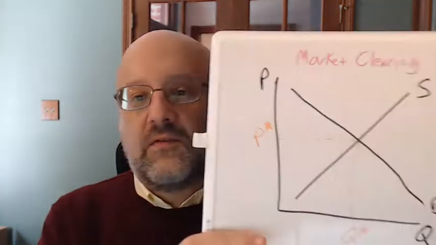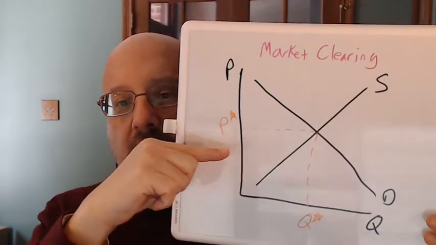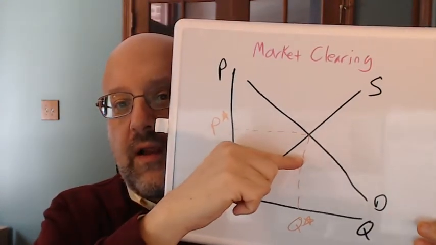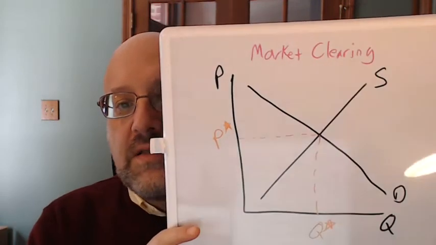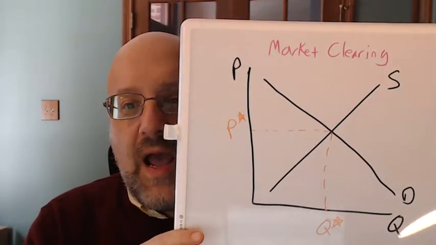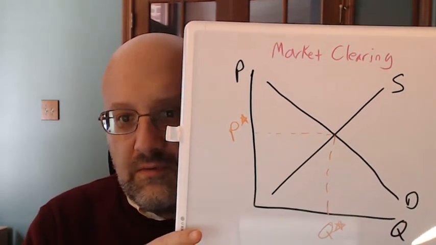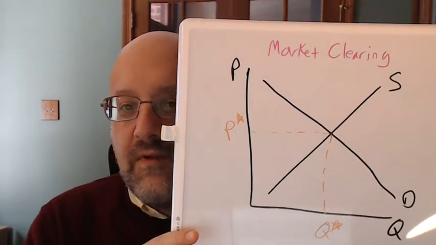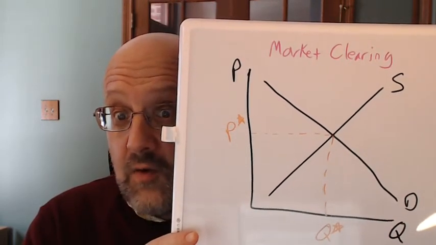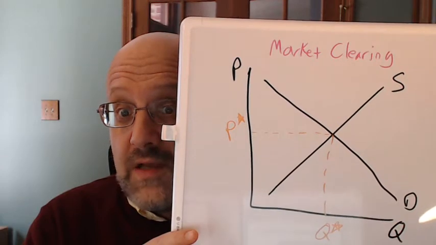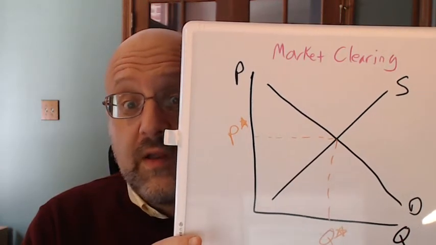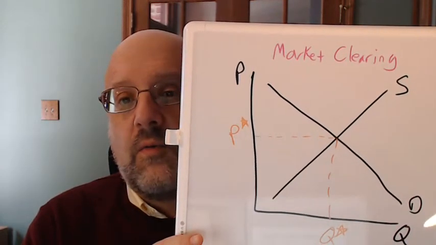One of the things we might think about is what happens when the price is above or below that market clearing price. So, for example, let's go back and suppose the price is stuck at something below market clearing, like right here. If that price is temporarily stuck there, what's going to happen? Well, at a price below market clearing, we'll have lots of people who want to buy the good. The quantity demanded will be very high at that low price. But suppliers won't be very willing to sell units of the good at that low price.